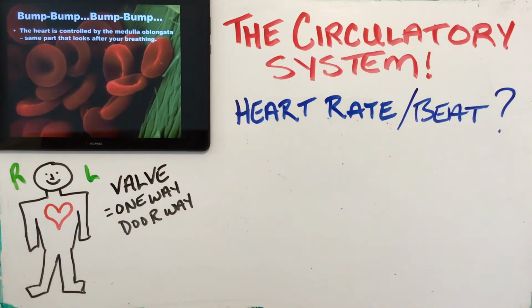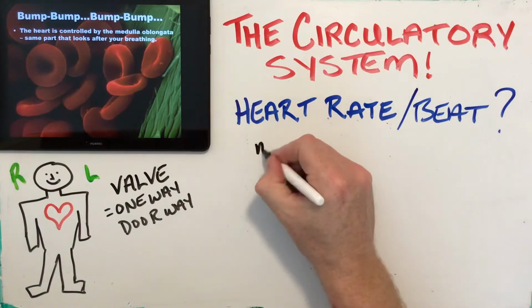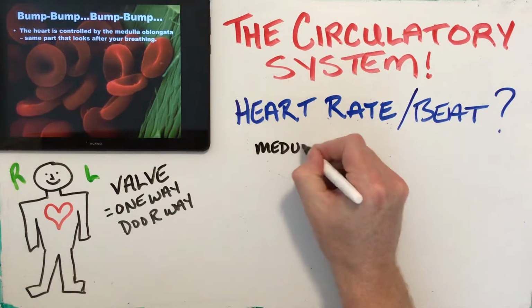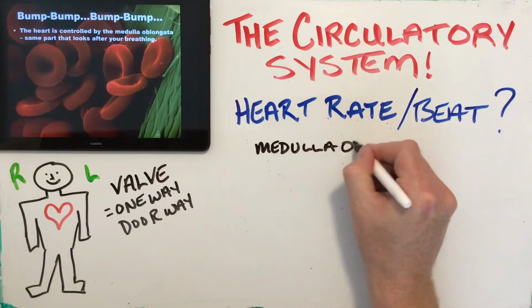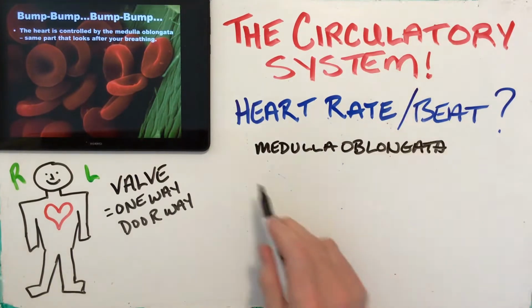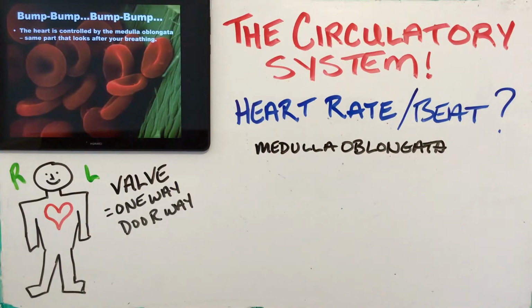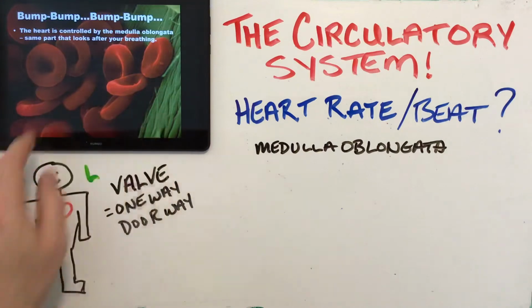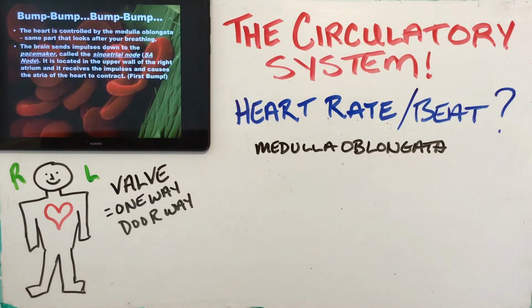Well, let's start with the brain because the brain controls everything. In our head, we've got the medulla oblongata. You remember the medulla oblongata because it controls your breathing rate as well. The medulla oblongata is a very important part of the brain. It controls your breathing rate and your heart rate, right? So pretty important stuff. And what happens is this part of the brain sends down an impulse, an electrical signal